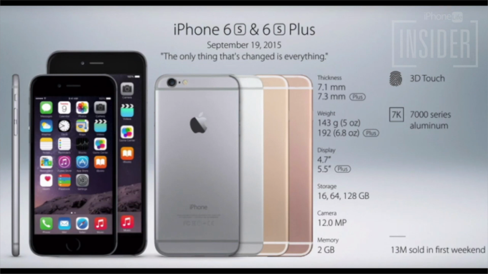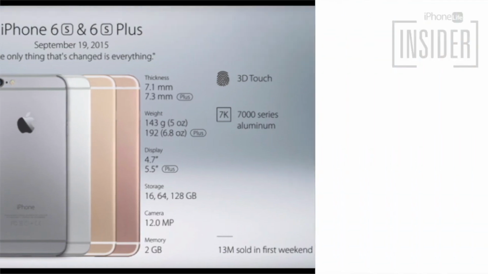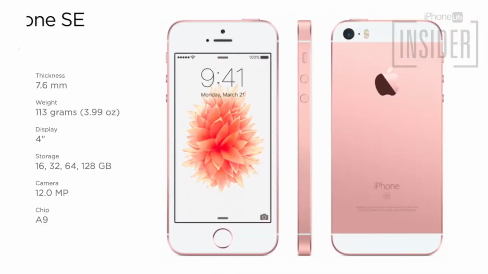Last but not least, 3D Touch was introduced. The iPhone SE, introduced March 31st of 2016. Don't think I've forgotten about the iPhone SE. It had the awesome internal specs of the iPhone 6s in a small package and without 3D Touch, but overall the iPhone SE was introduced as a more affordable option that people really loved.